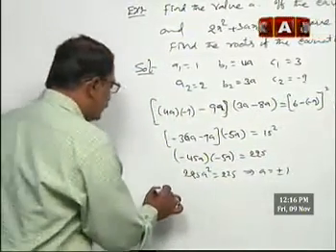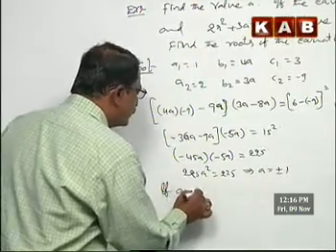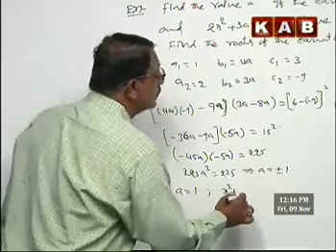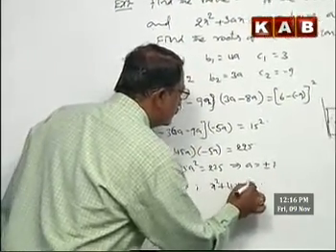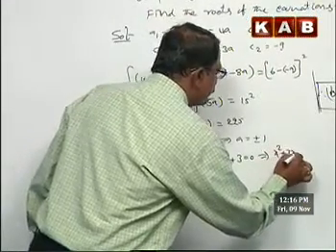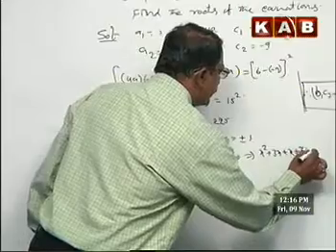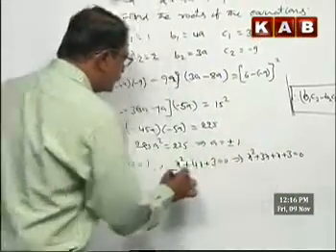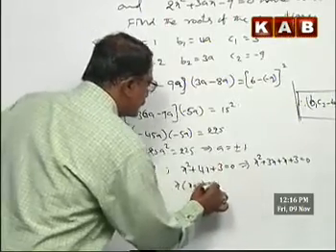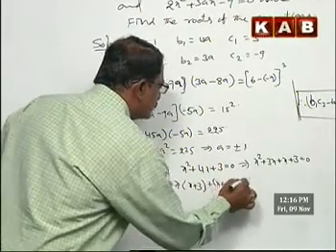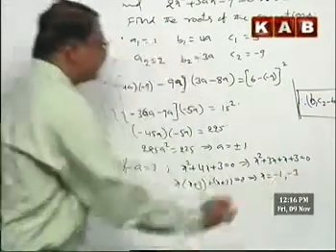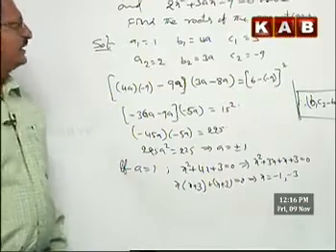Now if a equals 1, then the first equation becomes x square plus 4x plus 3 equals 0. Now this implies x square plus 3x plus x plus 3 equals 0. In the first two terms x common, x plus 3, plus x plus 3 equals 0. This implies x equals minus 1, minus 3. Now first equation roots are minus 1, minus 3.